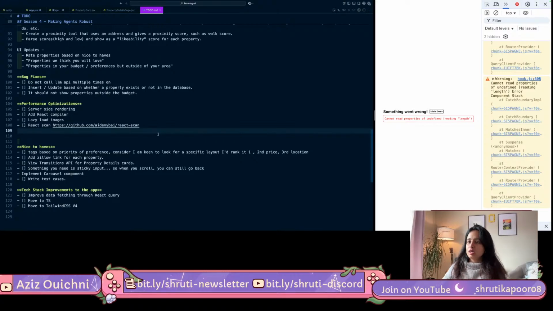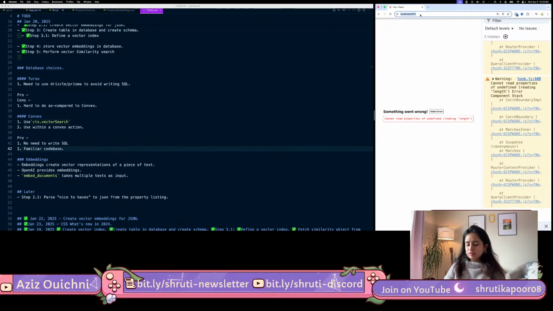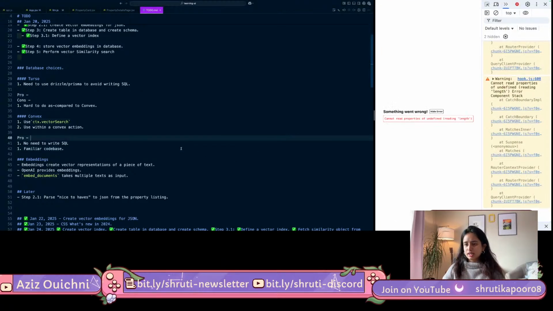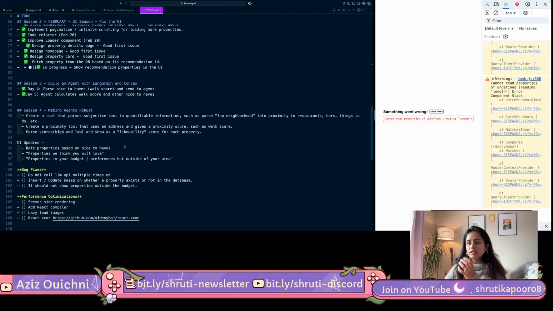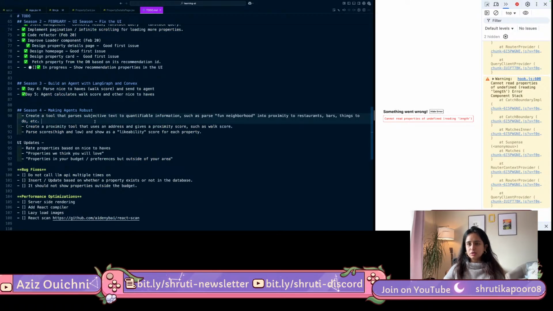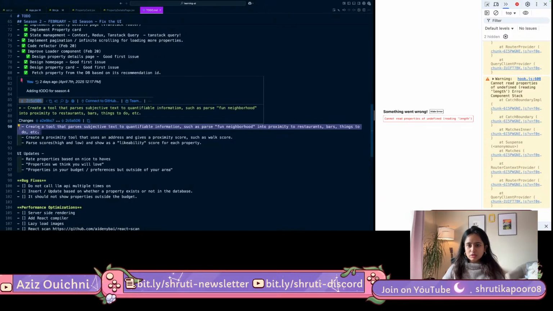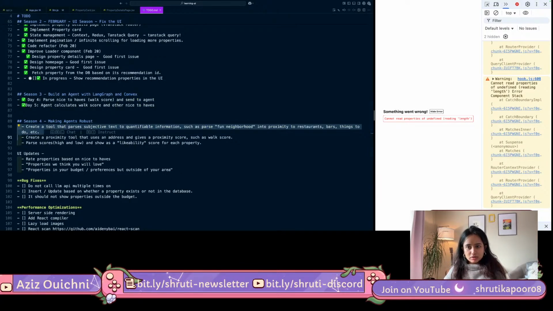Alrighty, so on the left is our code so far, and on the right is our application. Of course, something is broken right now, don't worry about that. I have fixed a little bit of stuff, and so I'll walk you through what we're gonna do today. If I open our to-do page, you'll see in season 4 what we want to do is